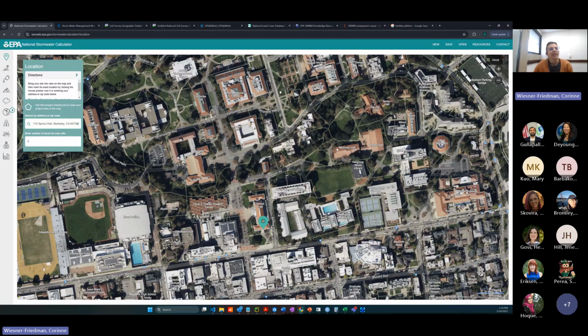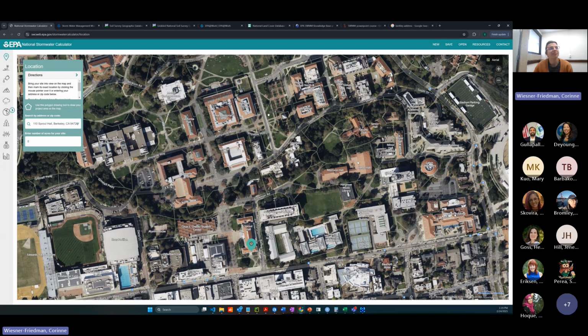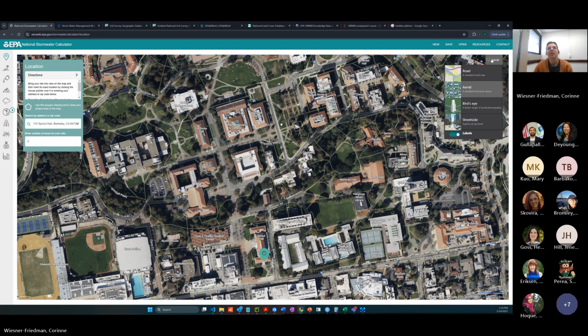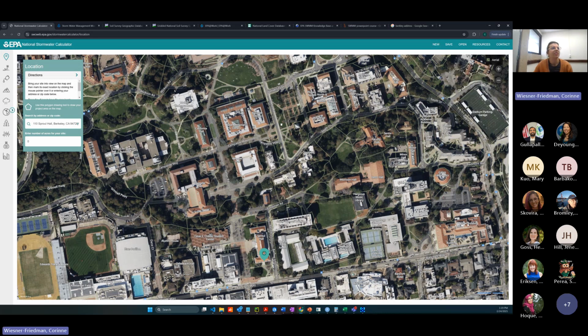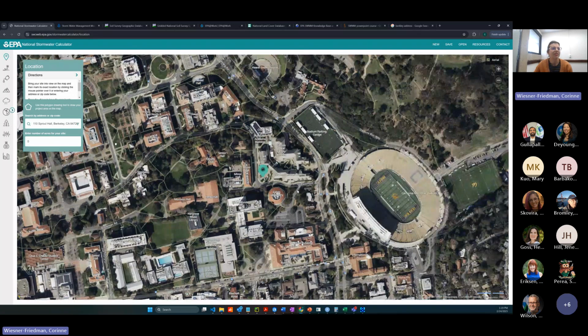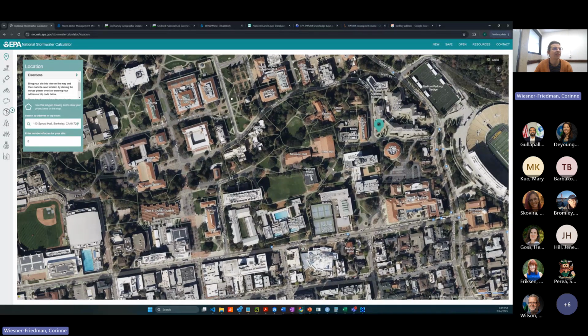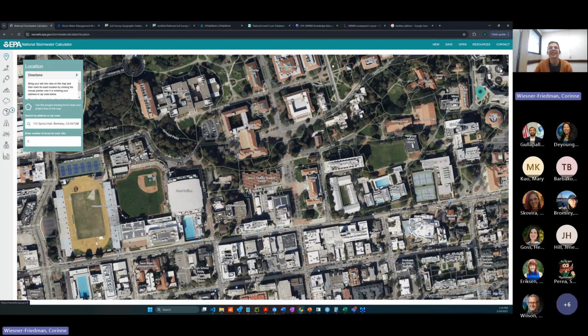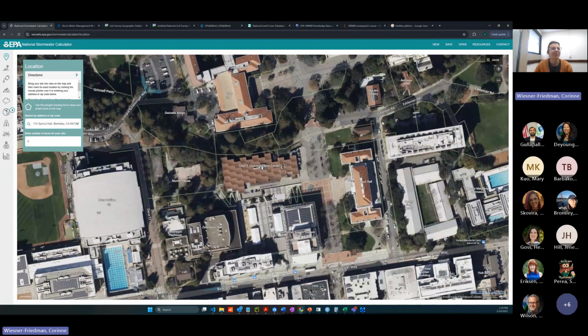So let's see. We've got to find a good place for our site, right? We want to find a place where there's potentially lots of imperviousness. That would probably be Sproul Hall there, right where Sather Gate is located. Okay. Oops, let me just go way back over to Sproul Hall. Sorry. This is fun. It's like visiting Berkeley. All right. So now that we're nice and zoomed in here,